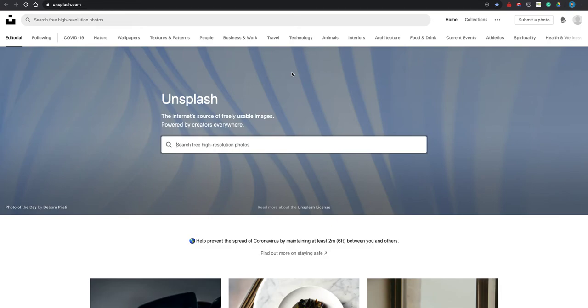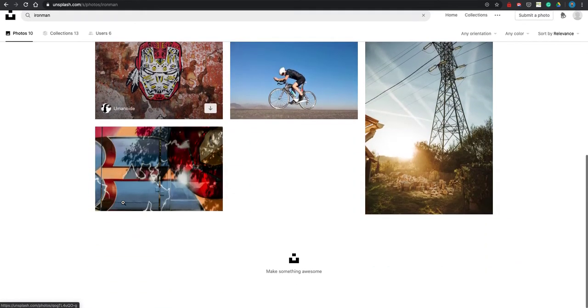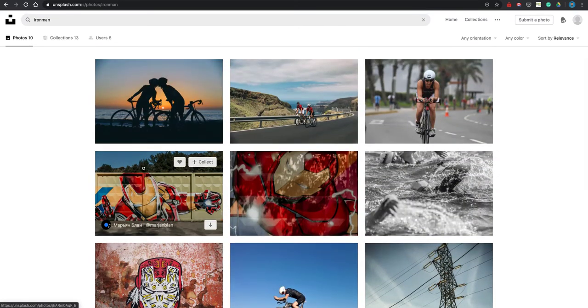I'm not sure if I can find Iron Man on here though. If not, then we'll just go back to, oh, that's pretty cool. The nice thing about Unsplash is they're high quality photographic images taken by photographers that are made for you to use. And typically when you click on it to download, and there's a download button here,